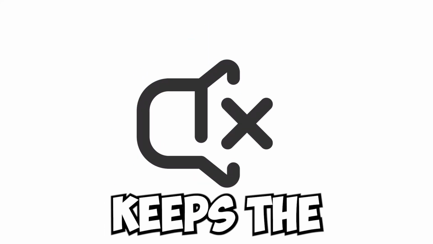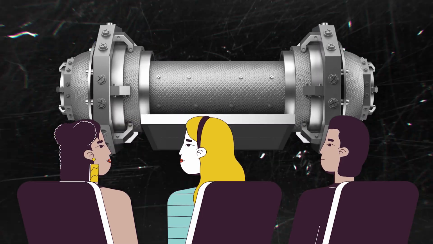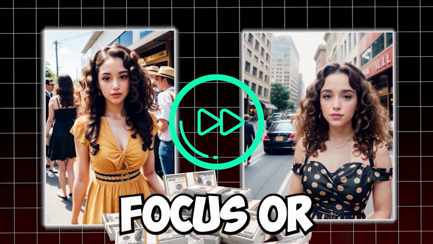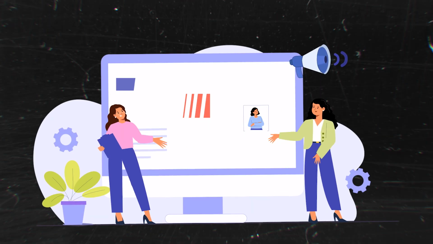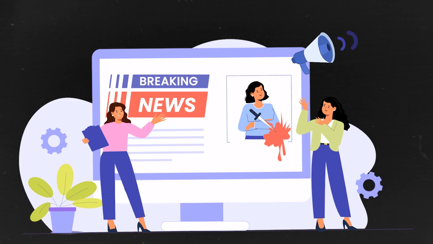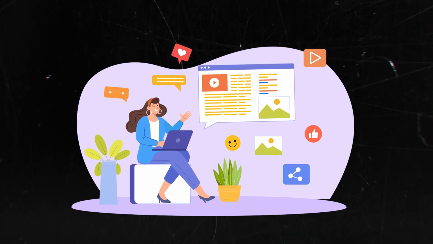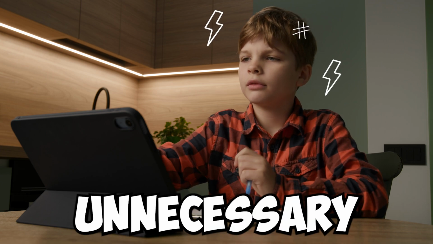Removing silences keeps the pacing of your video tight, which helps hold viewers' attention. Dead air or long pauses can cause viewers to lose focus or even skip parts of the video. For instructional or informative videos, cutting silences allows viewers to get the essential information more quickly. This is especially appreciated in educational content where viewers are there to learn and may want to avoid any unnecessary